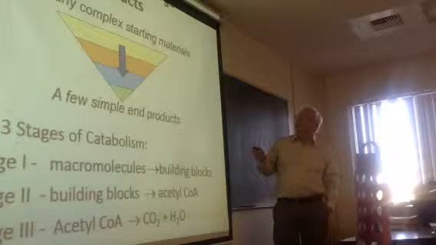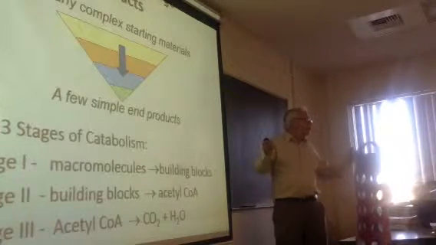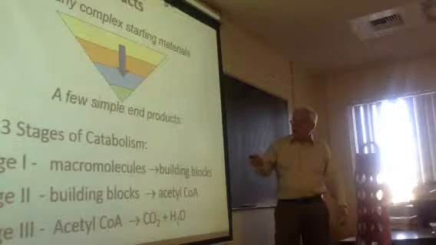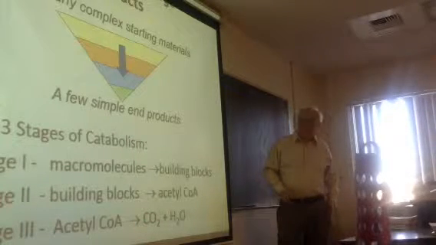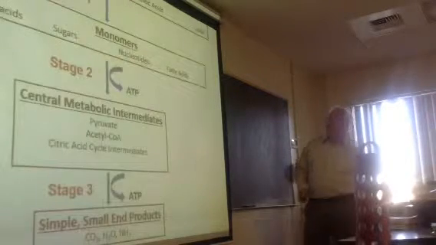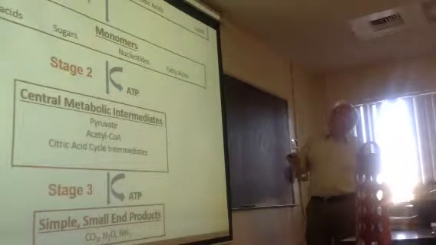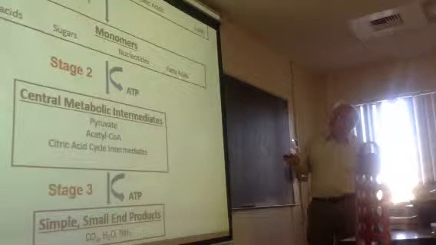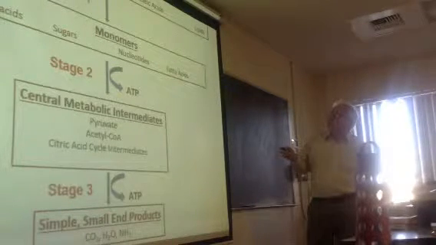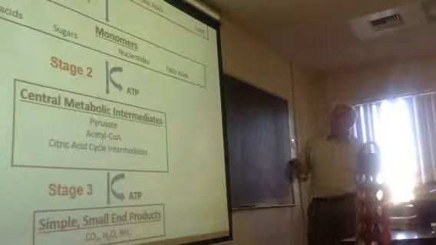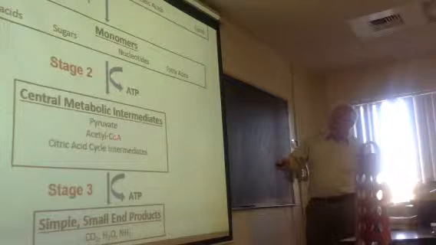It doesn't matter if you're starting with a lipid, a carbohydrate, a nucleic acid. If you do total oxidation on it, total catabolism on it, you're going to end up at CO2 in the 3rd stage. And it all funnels through acetyl-CoA. So polymers in stage 1 get converted to these monomers. In stage 2, you're going to break all of these things down. So it doesn't matter if you're starting with glucose or palmitic acid, you're going to go to acetyl-CoA in this funnel. And then that feeds into the Krebs cycle